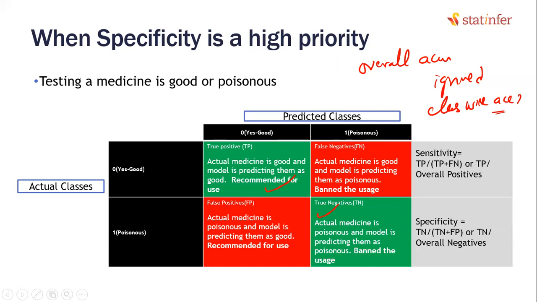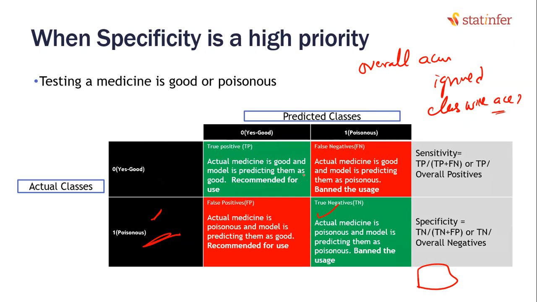We have to look at the class-wise accuracy in specific cases where one class is not equal to the other class. Does it make sense to you right now? Is that point clear? Yes. Especially when there is a class imbalance, one class is really dominating. Let's say one class has 90% of the data. The overall accuracy is mostly driven by that 90%, but we may not be interested in that class. If you are interested in the other class, class-wise accuracy needs to be calculated.